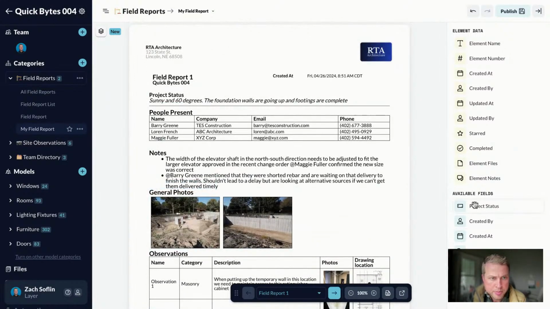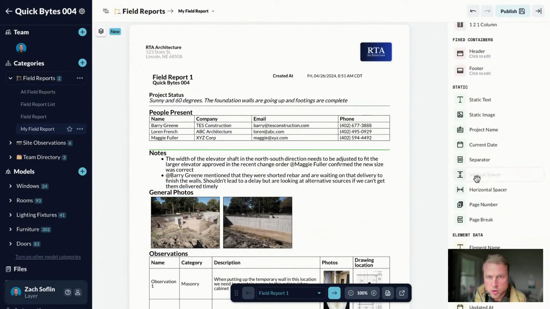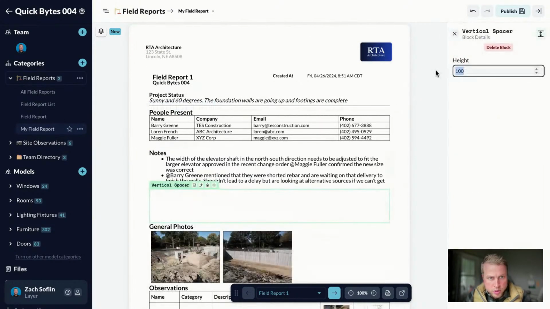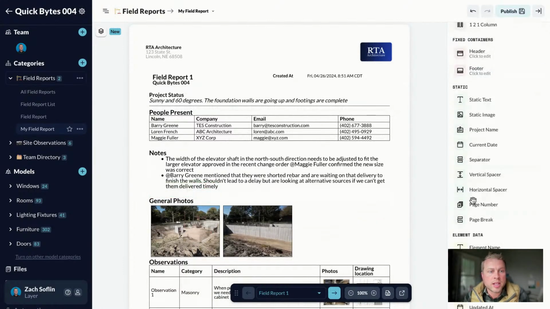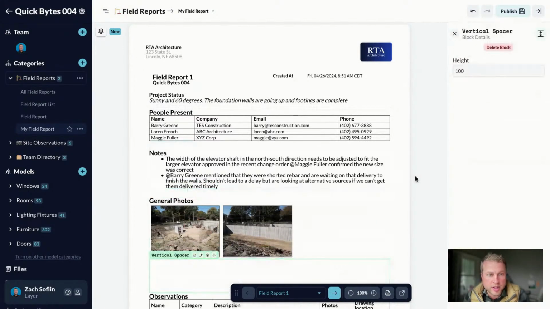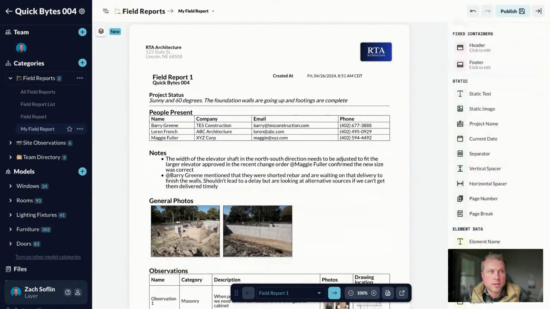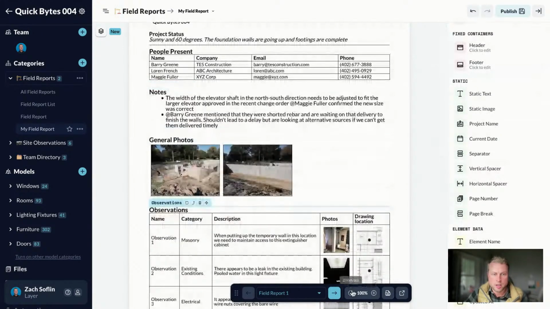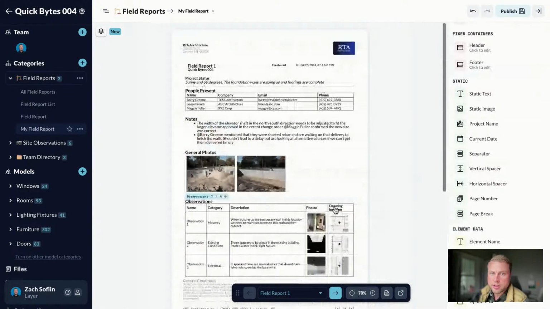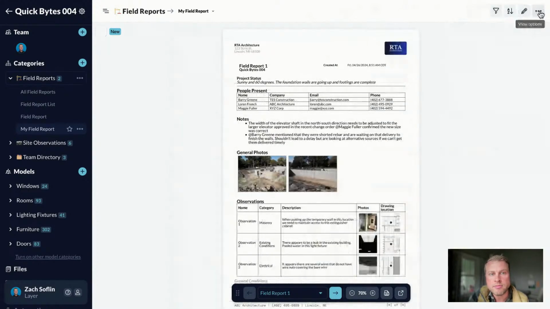And there we go. We'll drop maybe some vertical space between the photos and the observations. And now we have a template for our field report that I can publish. And now every time I create a new field report, it's basically going to give me a document that looks just like this. So let's pretend like we're going on site, and let's create a field report